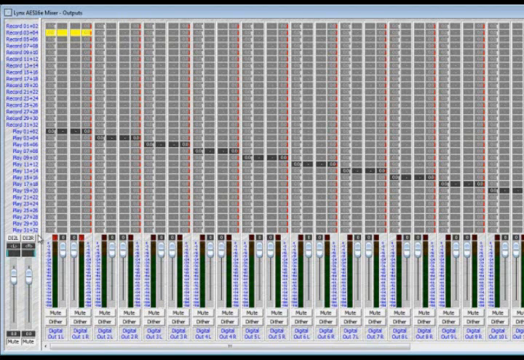By default, all record sources are muted, so the first step to get signal to pass is to unmute these sources. Hold the Shift key while clicking the mute button to unmute both source channels at once. Now, as you can see, any signals from inputs 3 and 4 are routed to digital out 1 left and